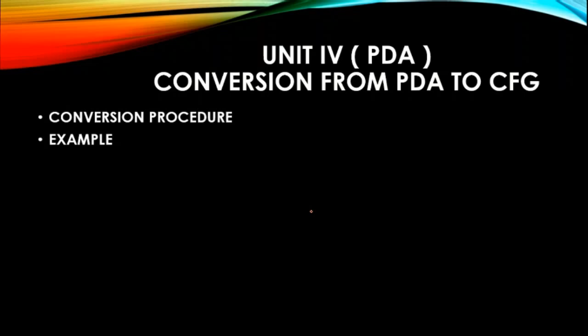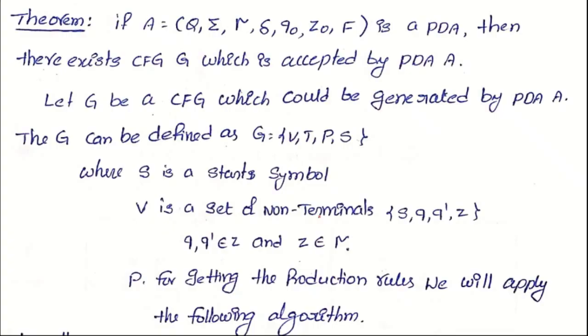To convert from a given PDA to a context-free grammar, we use a small theorem. We assume there is some context-free grammar G, and a machine, a pushdown automaton A. So we assume there is some PDA, or pushdown automaton, A, which is equivalent to